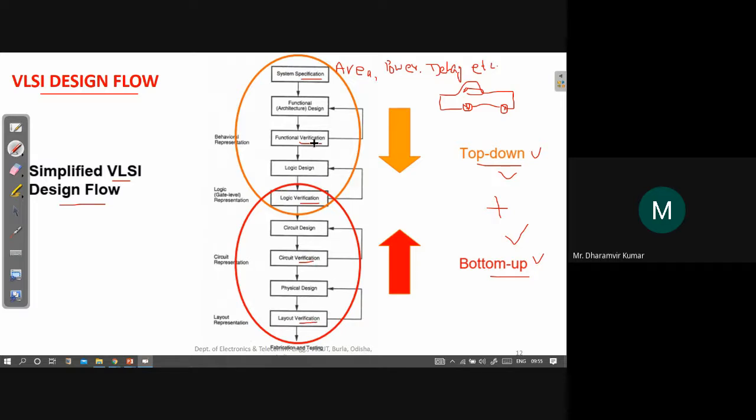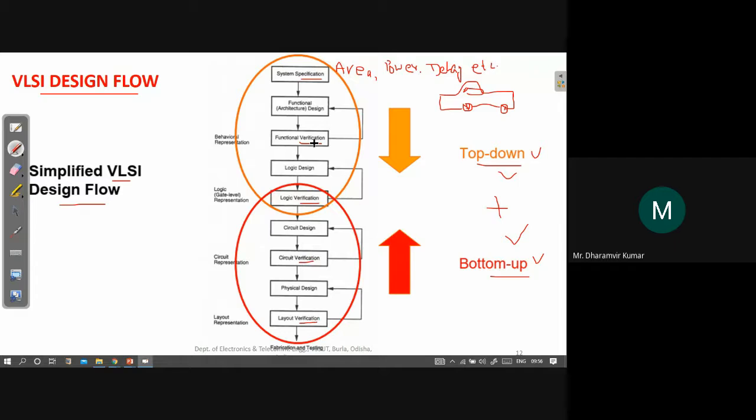Okay. So verification means to verify something. You have designed some circuit, and after designing you need to verify that circuit, whether that circuit is functioning properly or not. Suppose you have designed an AND gate, for example. Now you know the truth table of an AND gate. After designing that AND gate, you would like to know whether this AND gate is performing the function according to the truth table of the AND gate or not. So you will need to verify that circuit.